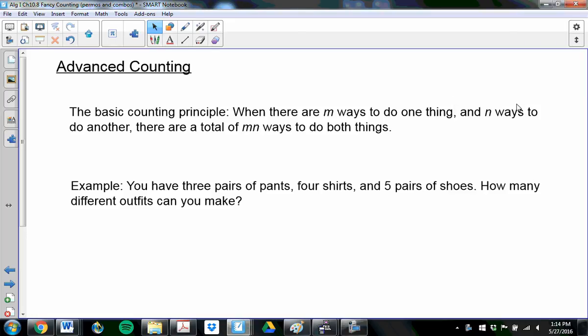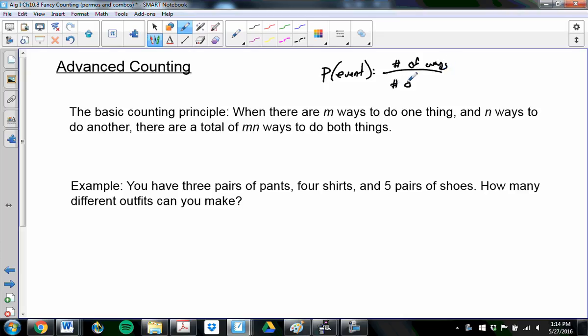Our last video was on probability, and probability involves counting the number of ways that things can happen. The probability of a given event is found by finding the number of ways that something can happen divided by the ways that anything can happen. The point is you have to do a lot of counting. And the counting can get rather complicated, especially as things get really large. So you have to have what I call advanced counting or fancy counting,